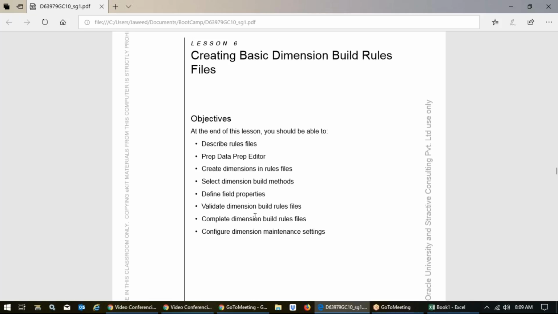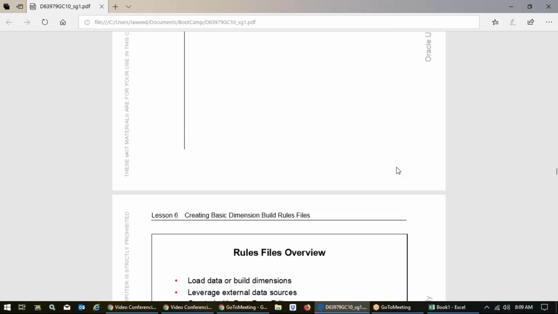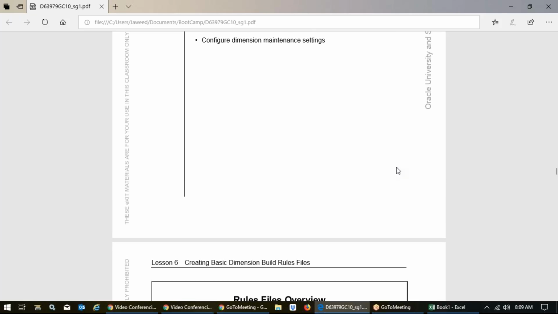Here, let me explain here. I'll explain it to you practically. Field properties. Okay, so